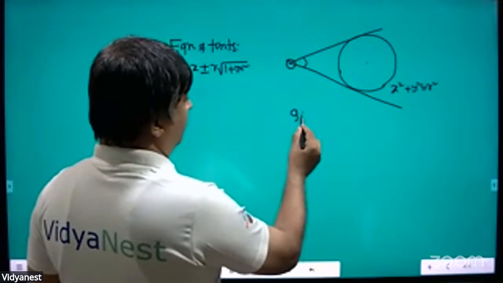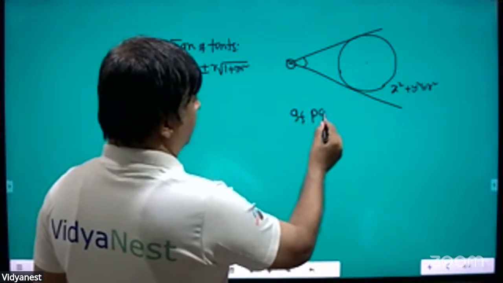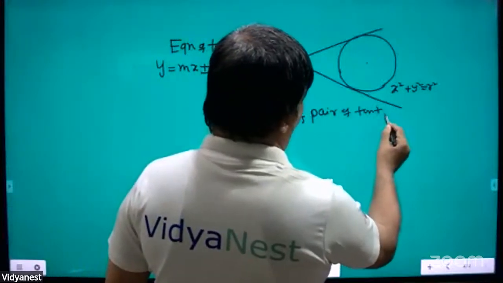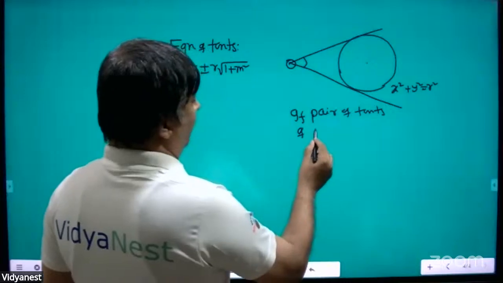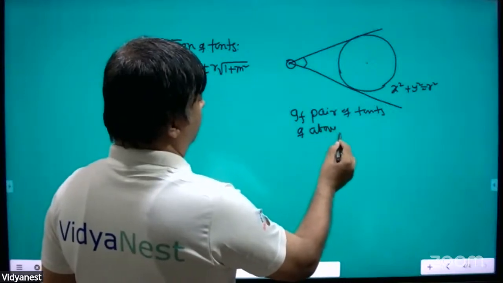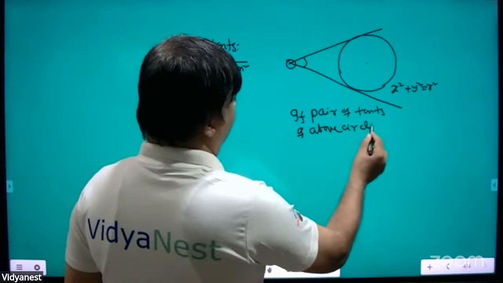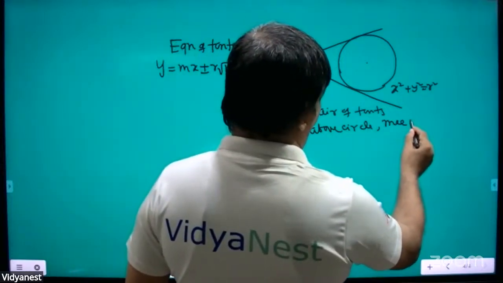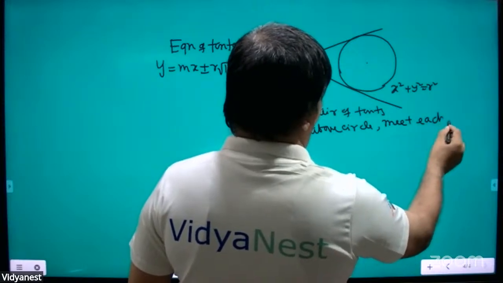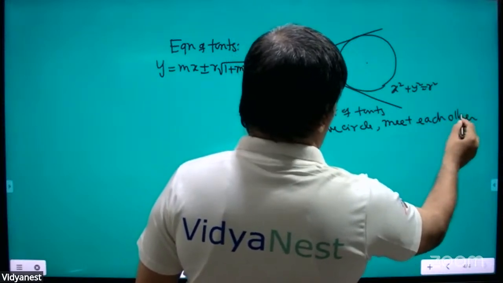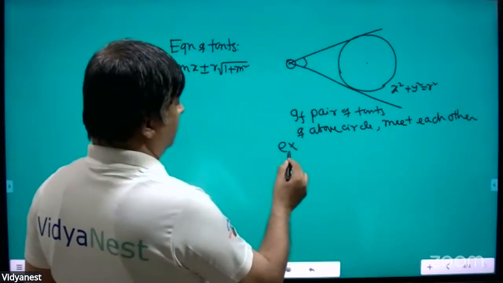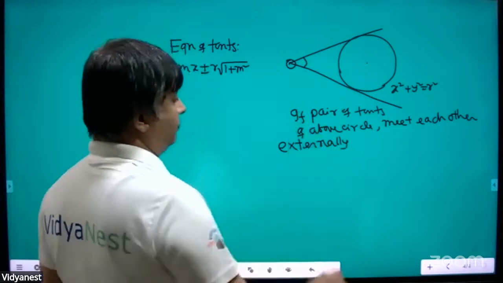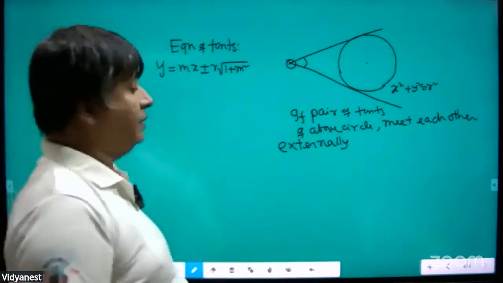If pair of tangents of above circle meet each other externally at 90-degree angle,